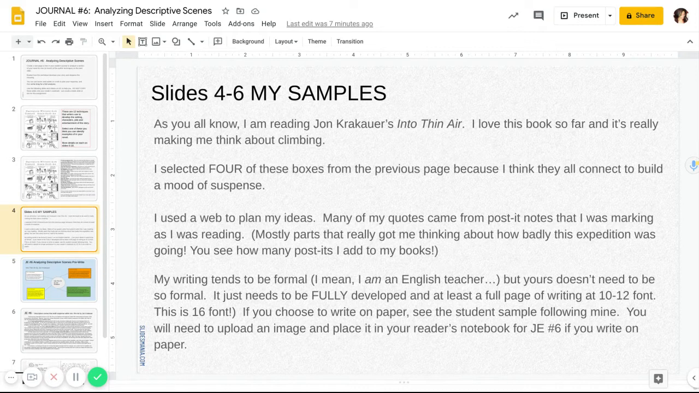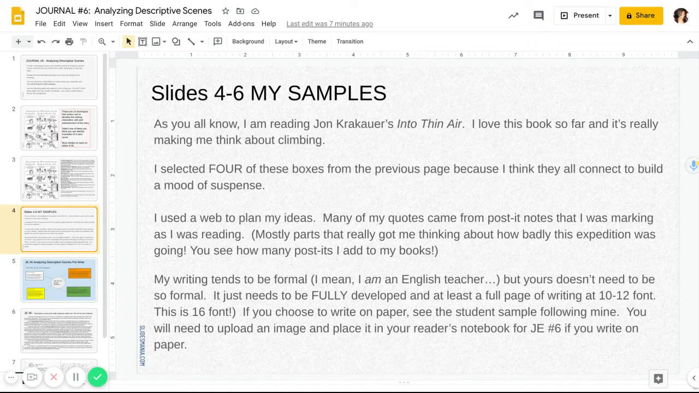Okay, so my sample slides. As you all know, I'm reading John Krakauer's Into Thin Air. I love this book so far, and it's really making me think about climbing. I selected 4 of the boxes from the previous page because I think they all connect to build a mood of suspense. On the following slide, I used the web to plan my ideas, and many of my quotes came